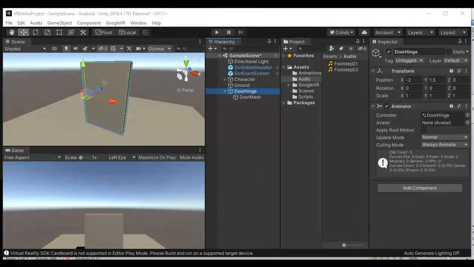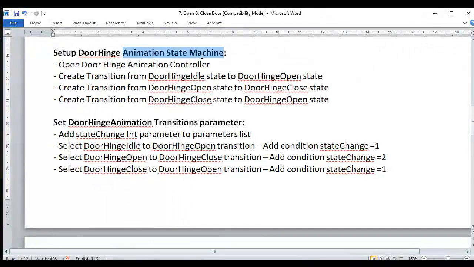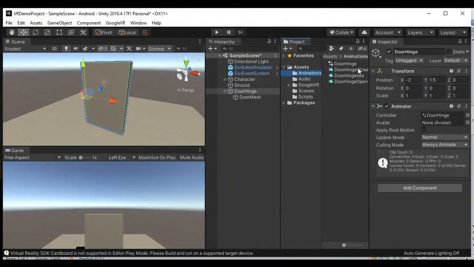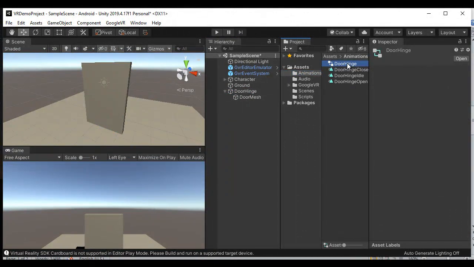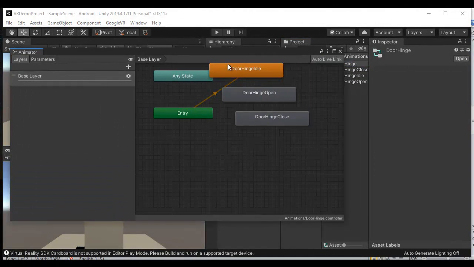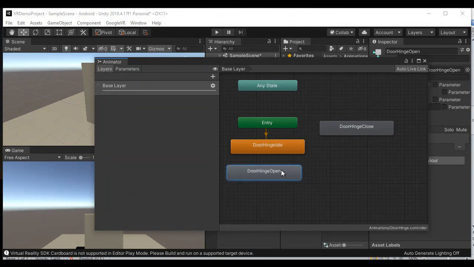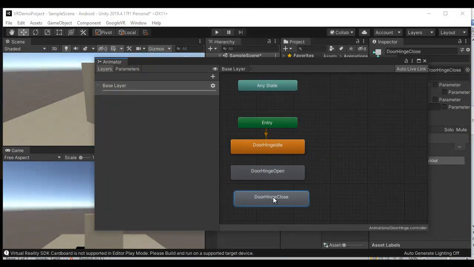Next, we set up the door hinge animation state machine. We open door hinge animation controller. So here in the animations folder we have door hinge animation controller. I double click on it to open and tear this window. Okay, here we have door hinge idle animation state, we have door hinge open animation state, we have door hinge